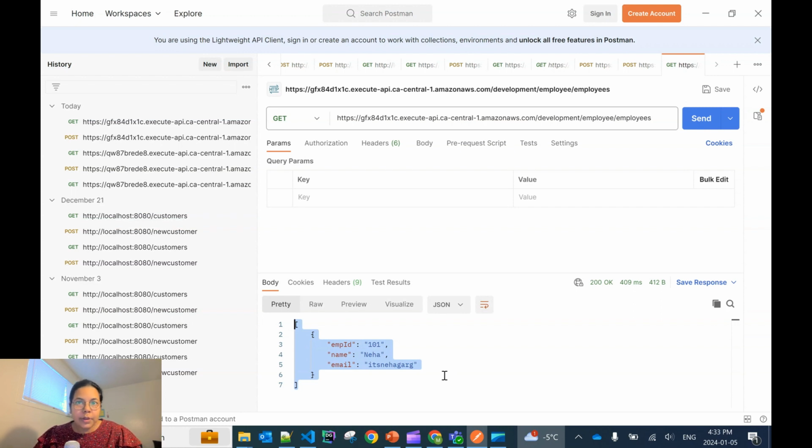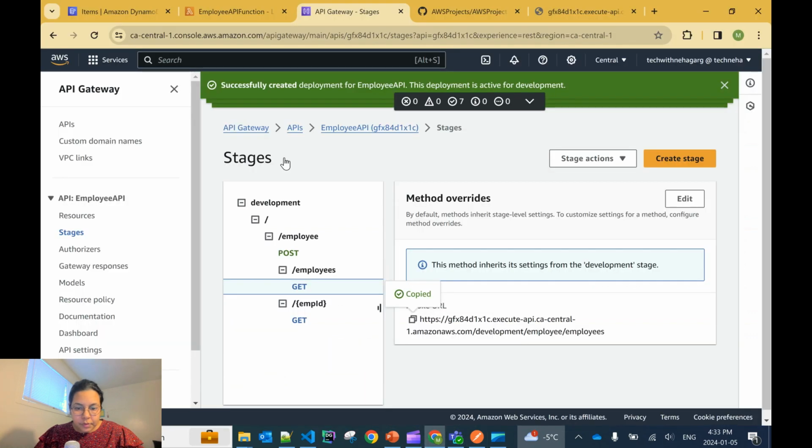Now let's look into how you can clean up the resources. So this is the part where you have come till now and you have created all the resources. Now let's look into how you can clean up those resources so that you don't get charged by AWS. So we will go back to